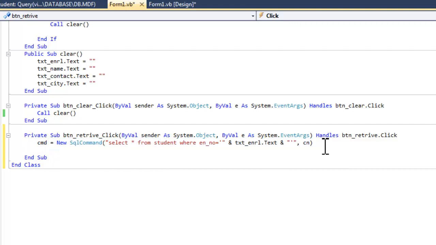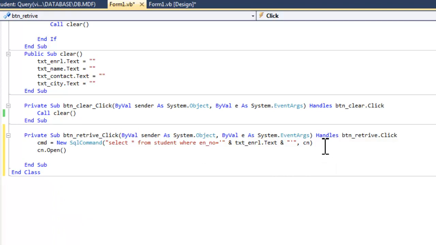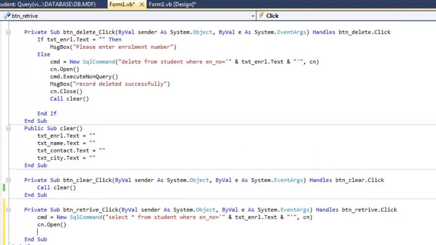Now we have to open the connection, cn dot open. In the previous insert, update and delete queries, we used one procedure, ExecuteNonQuery.